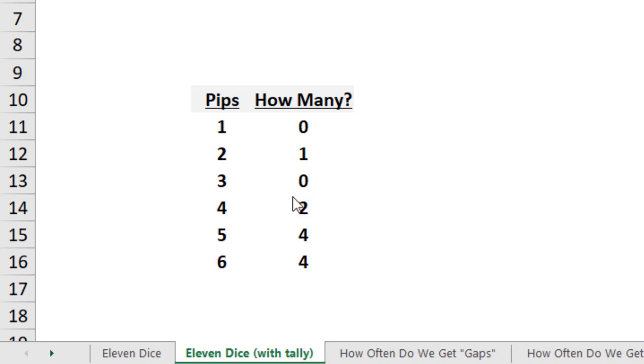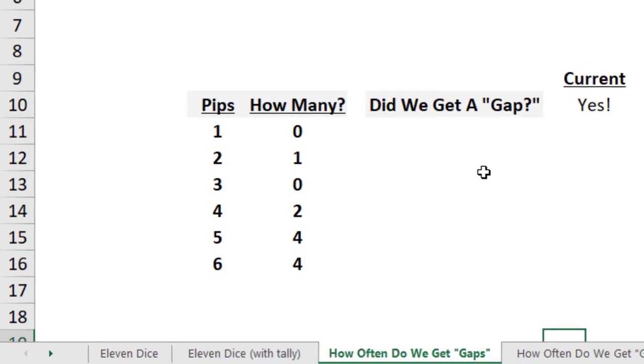Having 3 zeros there would be even more surprising, because what that means, if we have 11 dice, if I have zeros in any places, that means we have to make up the difference in clumps of other numbers. For example, there's some clumps of 5s and 6s here. If we have another 0 up here, say there were no 2s, that would still have to be somewhere in the column. So I've had Excel track, let's take a look over here, how often we get gaps.